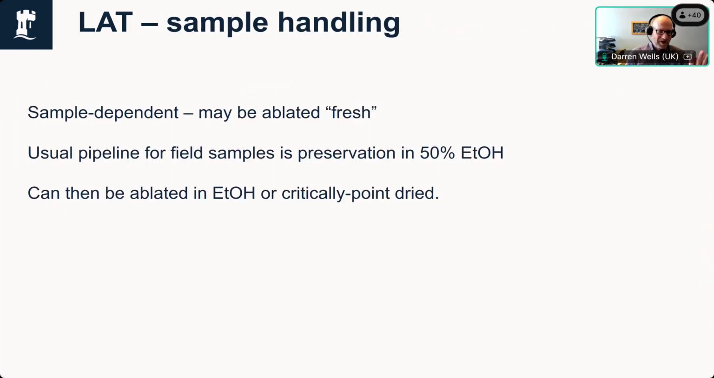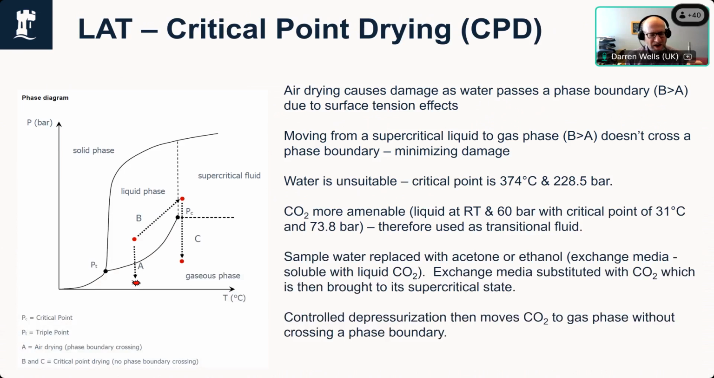I'll probably skip over this bit because it's perhaps less interesting, but it's interesting in terms of how the system works. You can either ablate samples fresh, or you can preserve them in ethanol, which is normally what happens where they're preserved from field sites and then sent to us. The preserving in ethanol gives us the advantage of using a technique called critical point drying. Critical point drying was designed for